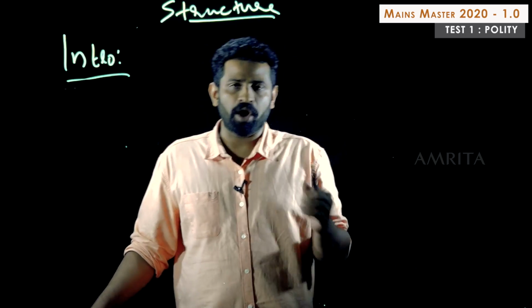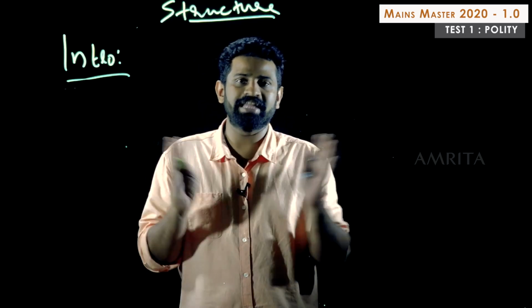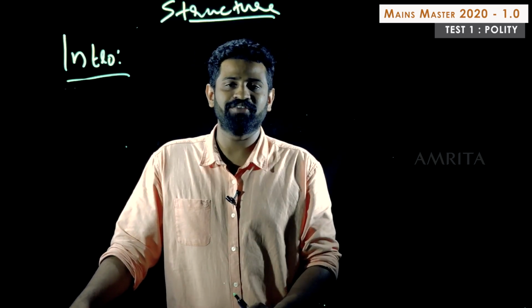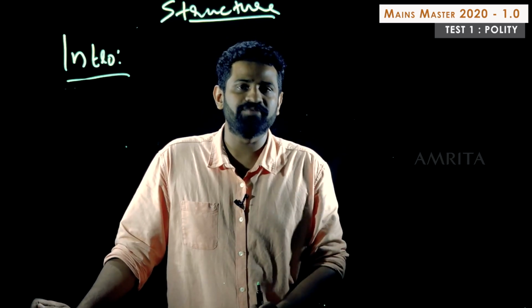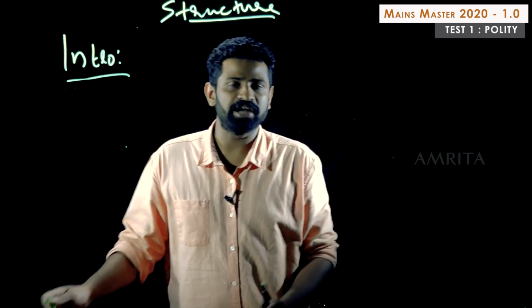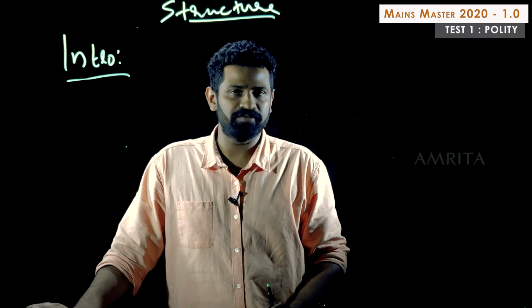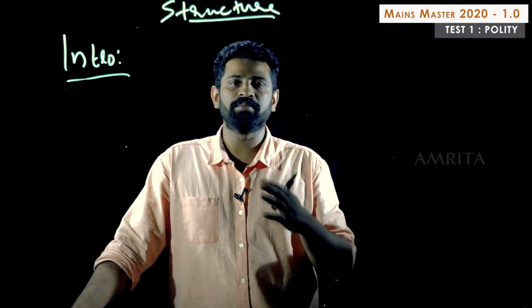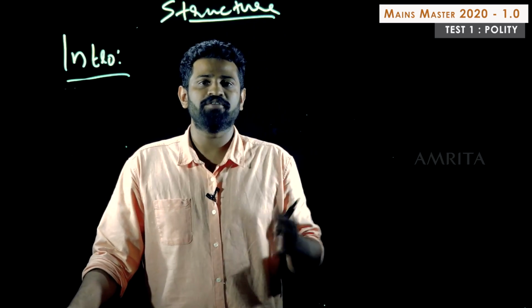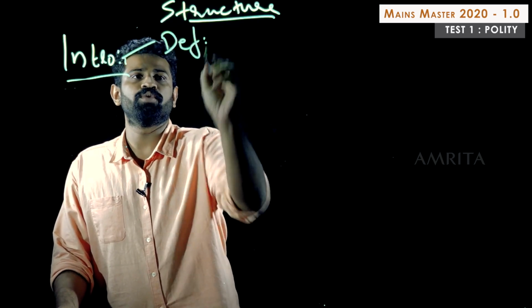So whenever in the context of UPSC answers, if you try to define something, you have to recall the Three Idiots example where Aamir Khan and Chatur are engaging in a definition kind of a thing in the class, right? So we want the Aamir Khan definition of things. We don't want the Chatur thing. We don't want that textbookish, too rigid kind of a definition. And it's often very difficult to learn by heart and reproduce that kind of definition also. So for the sake of simplicity and understanding, it is always better to have a working definition. So definition should always be an easy to understand working definition.